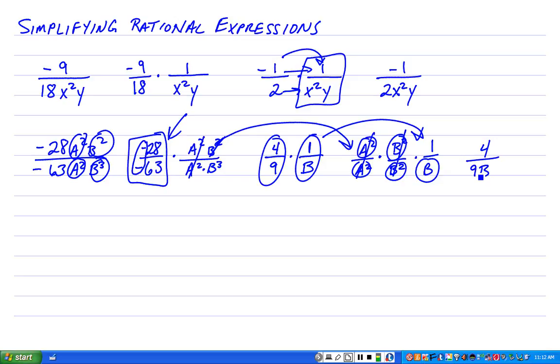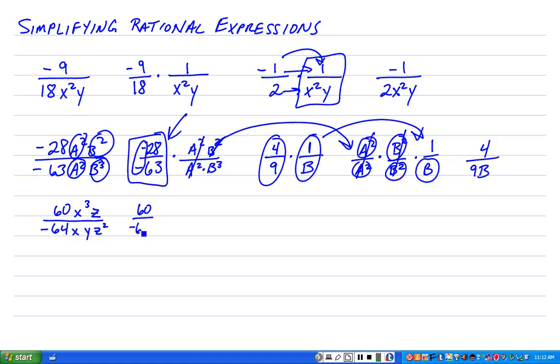Alright, let's try this one. Let's go with 60 x to the third z over negative 64 x y z squared. Okay, so